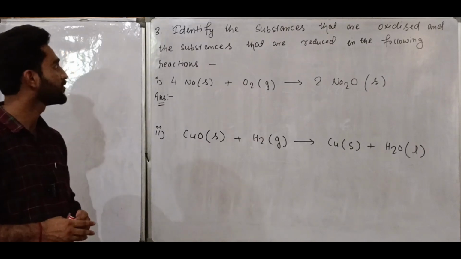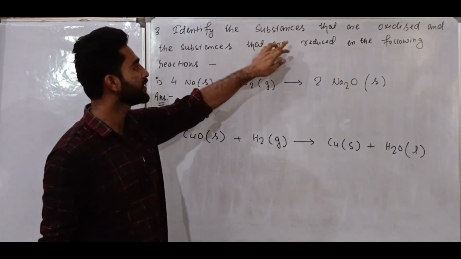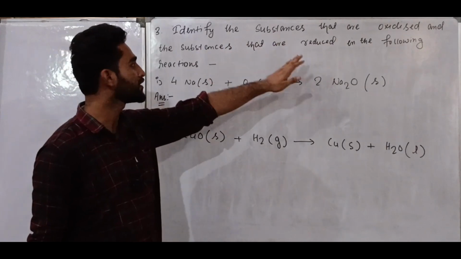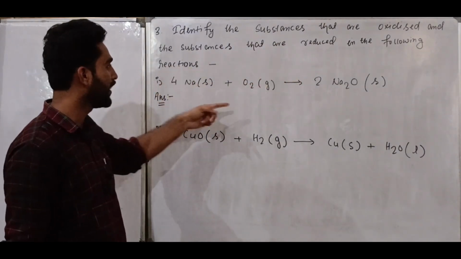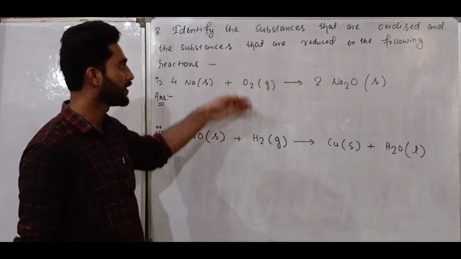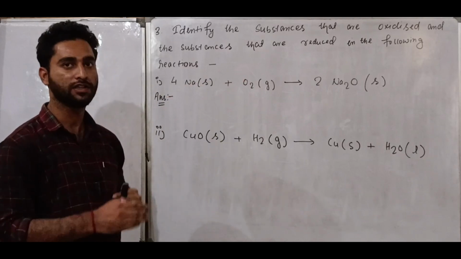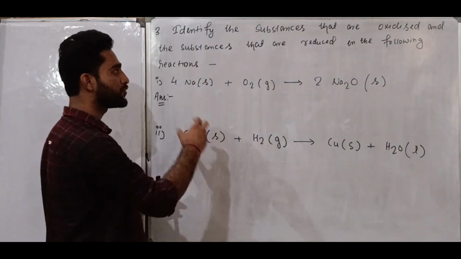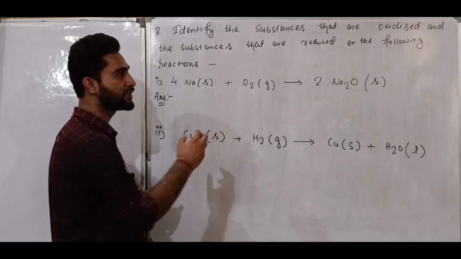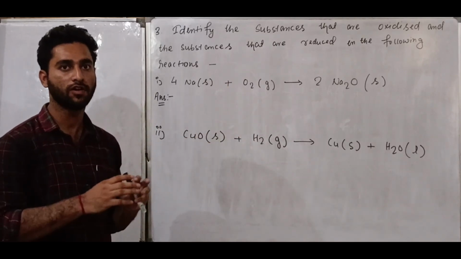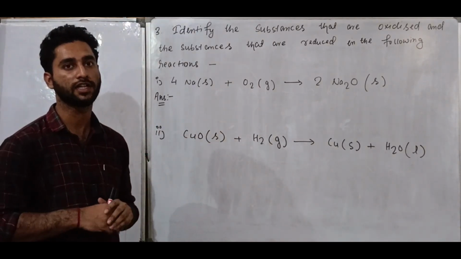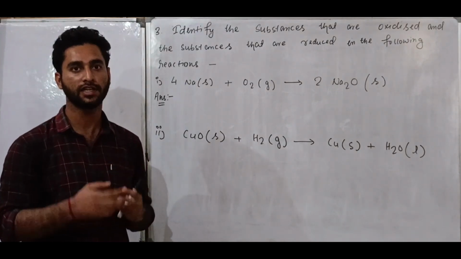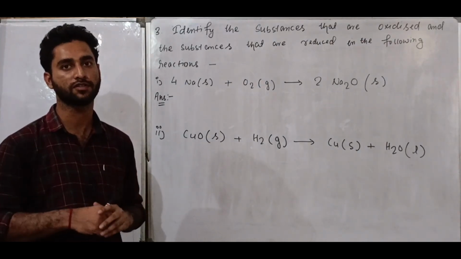Okay, now let's see the next question. Identify the substances that are oxidized and the substances that are reduced in the following reactions. Now here two reactions are given and this question is based on the oxidation and the reduction reactions. So we have to find out the substance which is getting oxidized and the substance which is getting reduced. We already know the definition of oxidation and reduction. The addition of oxygen to a substance is called oxidation and the removal of oxygen from a substance is called